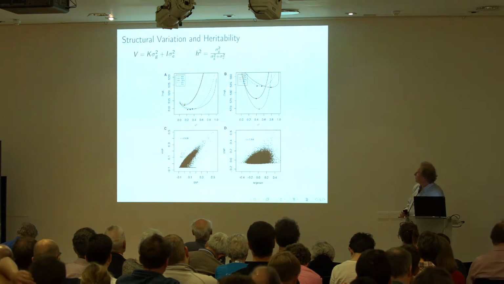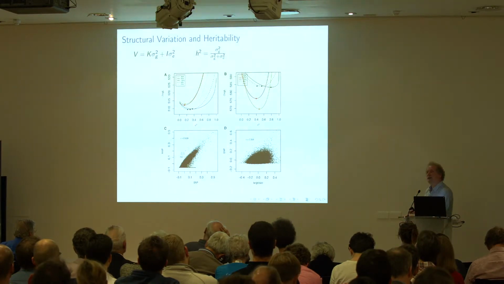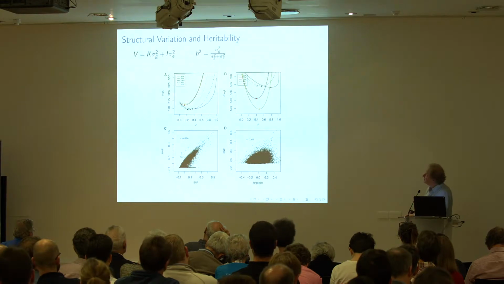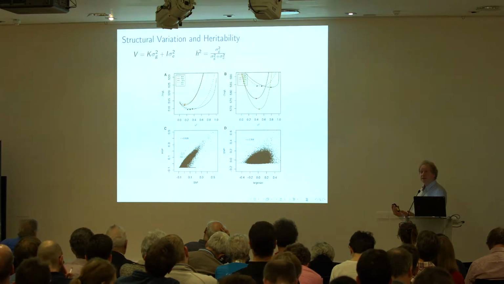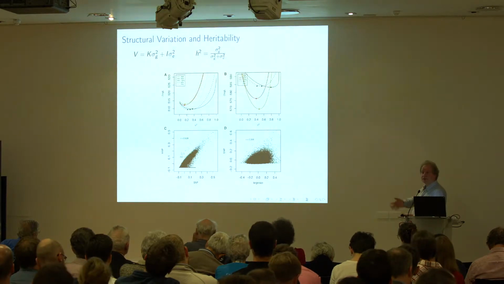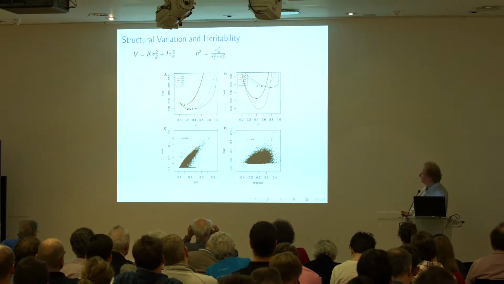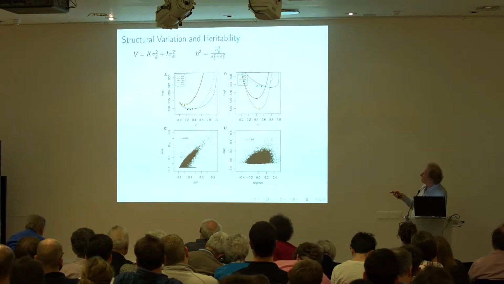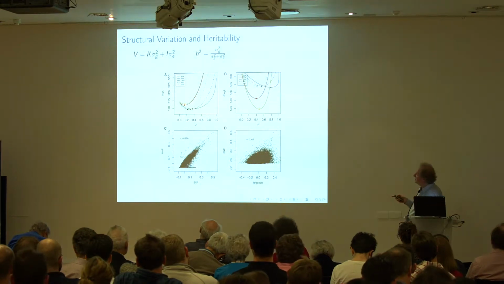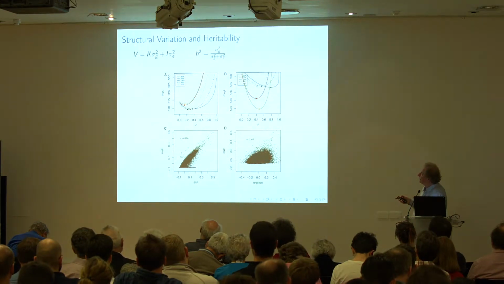We also try to compute the equivalent of heritability for these structural variant traits. We can define a kinship matrix just in the same way that you would from SNP dosages, except here we're working out the correlation coefficient between every pair of lines based on their structural variant traits across the genome. So we can get a kinship matrix in just the same way as if we were looking at SNPs. We can estimate these variance components, and we can use maximum likelihood to find the